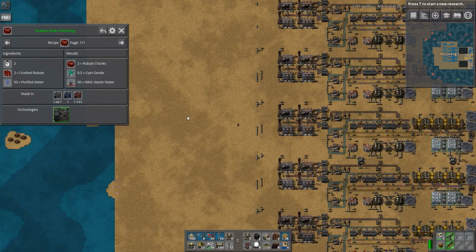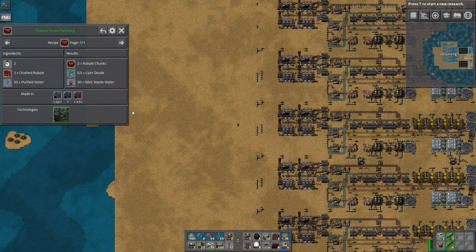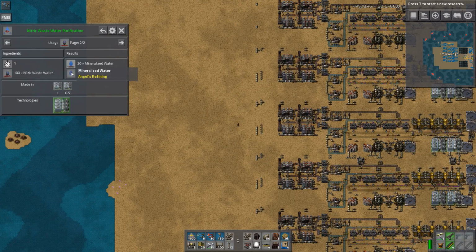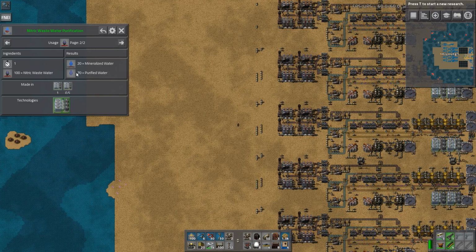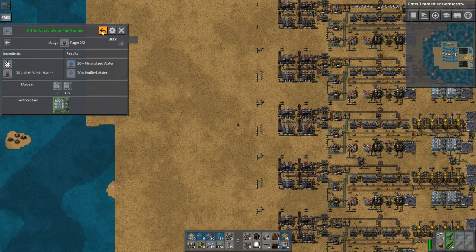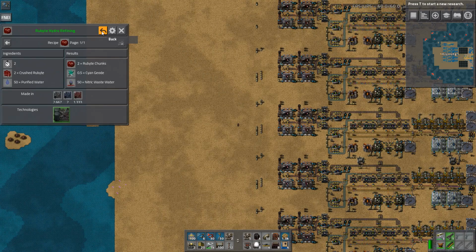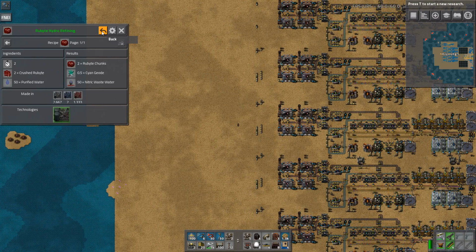The chunks are producing nitric wastewater. It's worth paying attention to. You can't do anything with that, right? It just turns back into mineralized. It doesn't give us a, like hydrofluoric acid will give us a little thing. It will give us fluoride or whatever. Anyway,